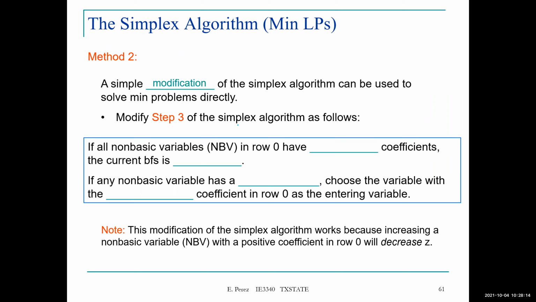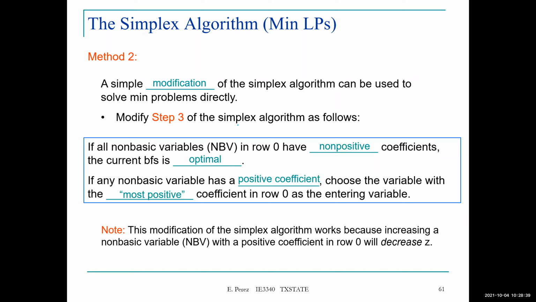Simple modification of the simplex algorithm can be used to solve the minimization problem directly. So we are gonna modify step 3 of the simplex algorithm as follows. All non-basic variables in row 0 have a non-positive coefficient: the current basic feasible solution is optimal. If any non-basic variable has a positive coefficient, choose the variable with the most positive coefficient in row 0 as